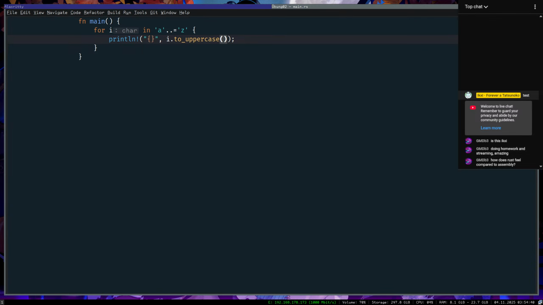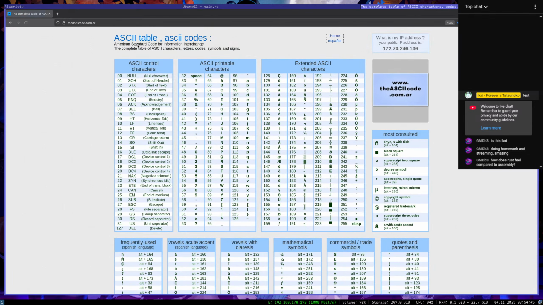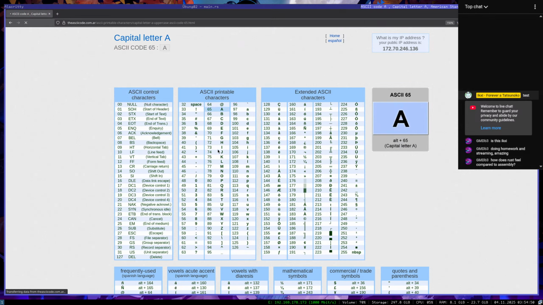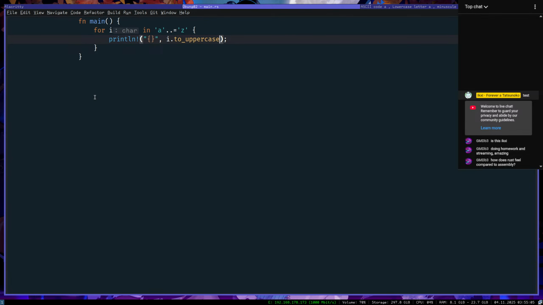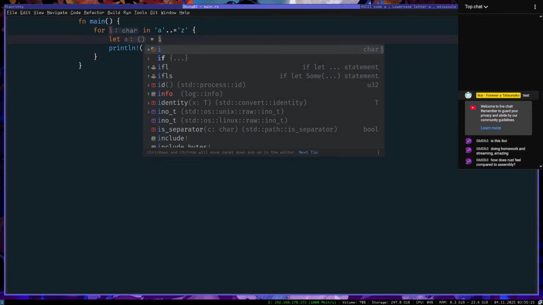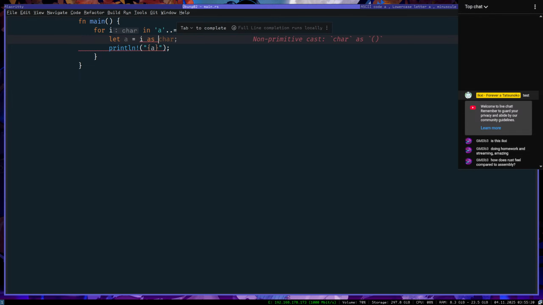Or what we can do is open Firefox, look at the ASCII table, and we see that lowercase a is offset by 32 to uppercase A. So instead of this, let a equal i as u8.